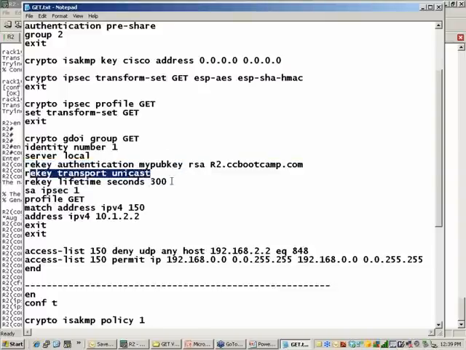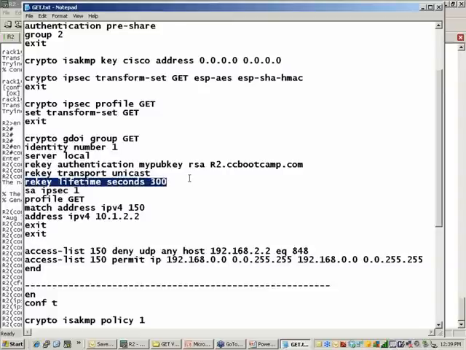Rekey transport unicast. I've set the rekey lifetime here to 300 seconds. That's as low as it'll go. That's 5 minutes, and I've done that so that we can actually see a rekey go on. After we do this configuration, I'm going to try to drone on for at least 5 minutes with the show commands and so on, so that we can see a rekey actually occur. Okay,